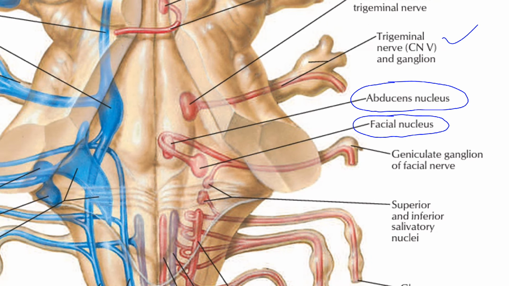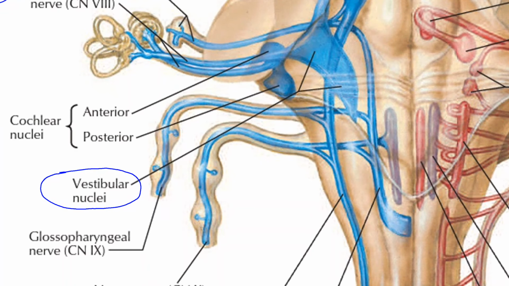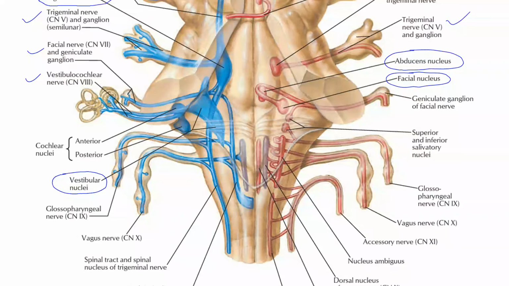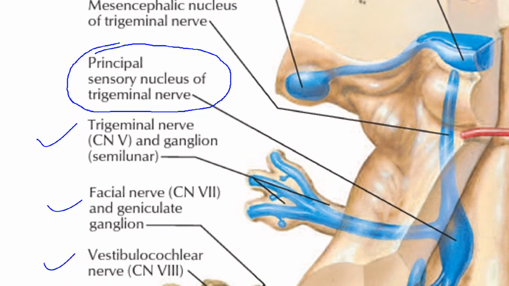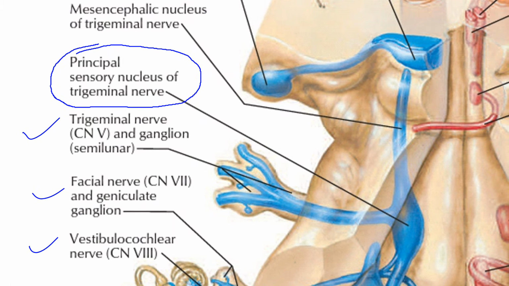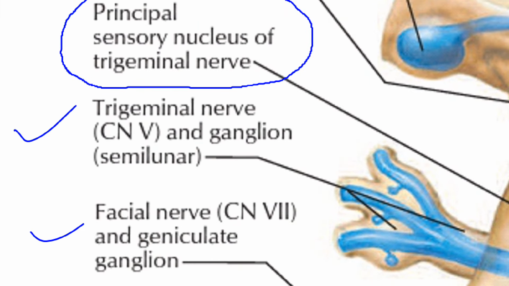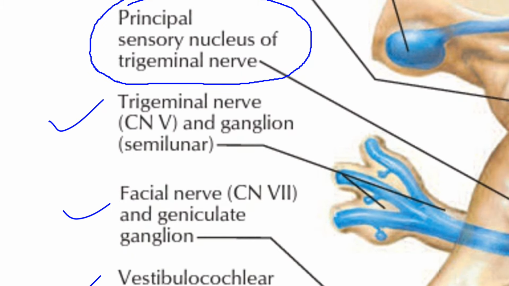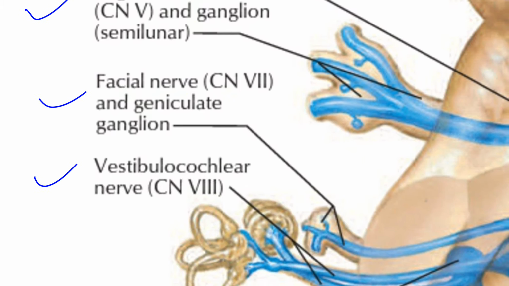See the location of the facial nucleus, where it is present in the pons. Then the vestibular nuclei. Okay, then the principal sensory nucleus of the trigeminal nerve, and with these nuclei the related nerve. Okay, so you see the trigeminal nerve, cranial nerve 5,